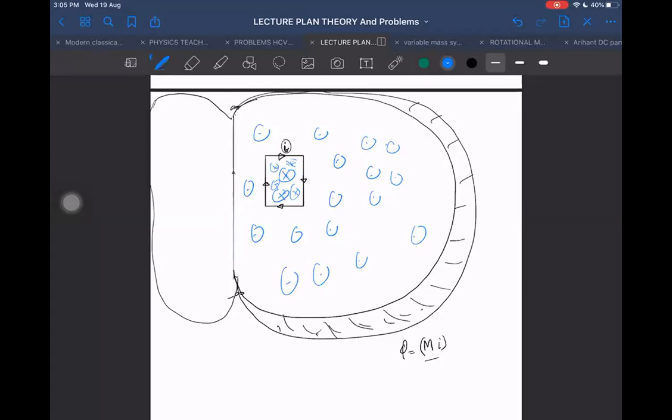But all the field lines which are going inside are within this region only, but the ones which are coming outside are everywhere in the remaining part. So overall flux in the loop which I have taken, which loop? This loop here, the right hand side loop. Overall flux in this will be negative flux, going into the plane.